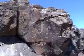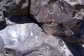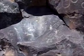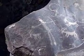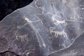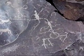And this is a place that I've dubbed the Sandal Maker's House because of these 2 images up above. But this is an extremely complex hunting panel down below it here. If we start with anthropomorph and a phallic anthropomorph with a bow and arrow surrounded by 3 bighorn sheep, a lion collecting a couple of lizards,